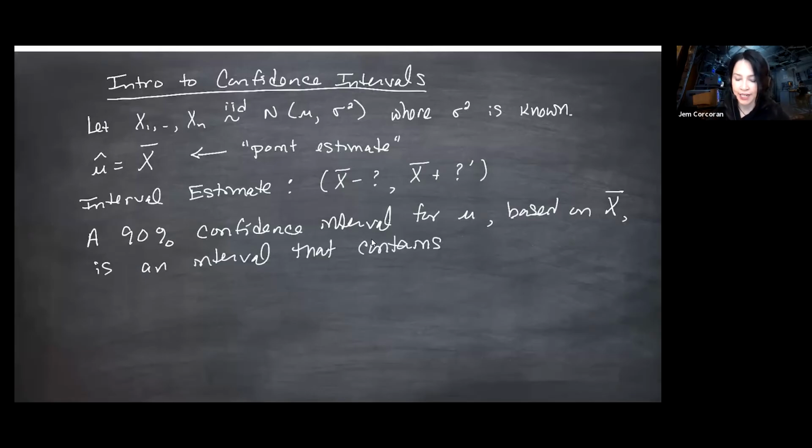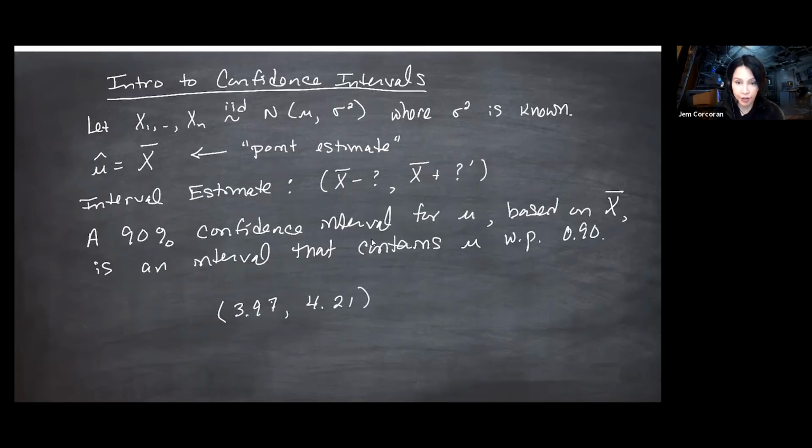Now, if you've taken a data-oriented stats course, they tell you this is not what it is. And I'll tell you the difference between what they're saying and what I'm saying. So it contains mu with probability, let's say 0.9. If you're in a data-oriented stats course and you learn this stuff numerically, you might come up with something like an interval of numbers. So you have x1 through xn from this normal distribution, and the true mean is out there, and you're guessing that it's between these two numbers. Just making this up, 3.97, 4.21.